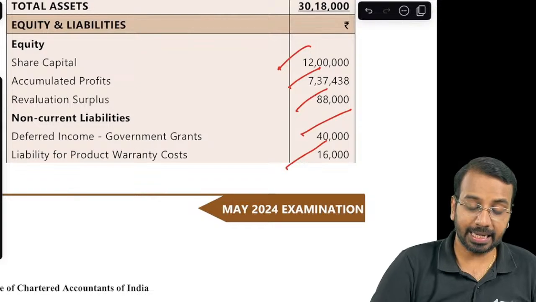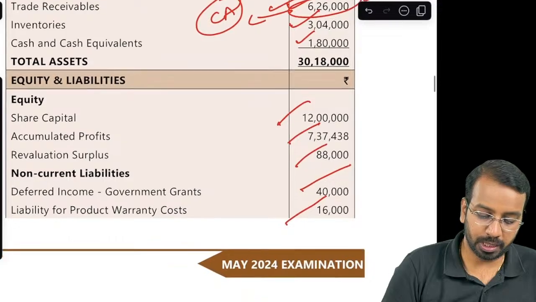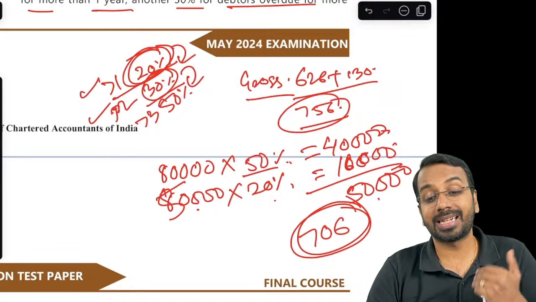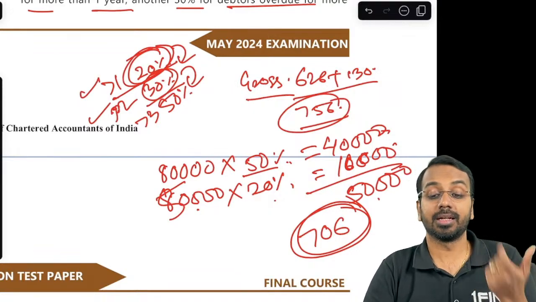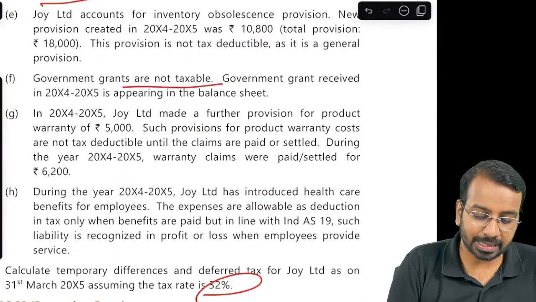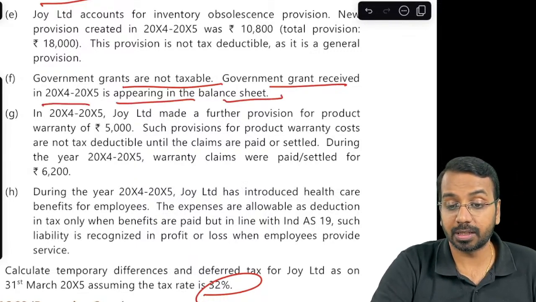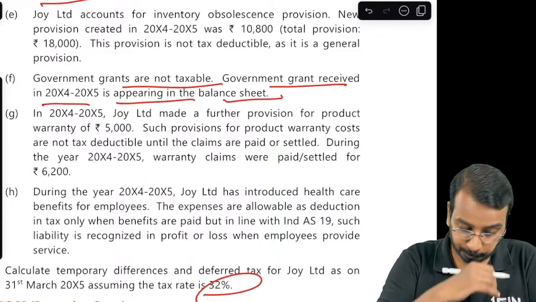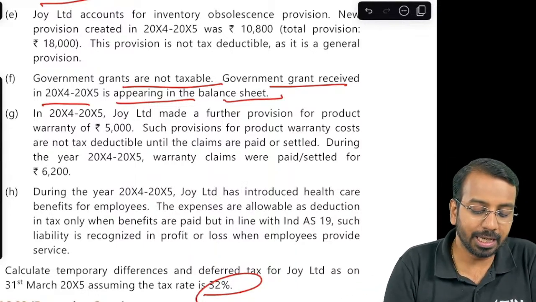So carrying amount for us will be 626 only, and what we have calculated here, 706, will be the tax base. Means tax base is higher. If the tax base of an asset is higher, then it is deductible. You will create a deferred tax asset, right? Government grants are not taxable. Government grant received in 4.5 is appearing in the balance sheet. As far as government grants are concerned, they are not taxable at all, right? Now, if government grants are not taxable, then they will not have any impact on